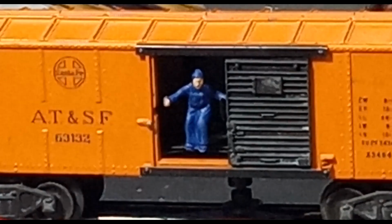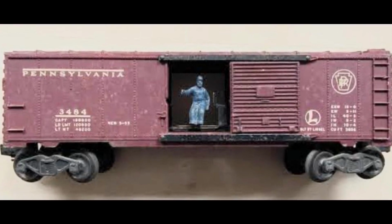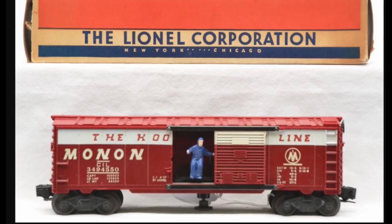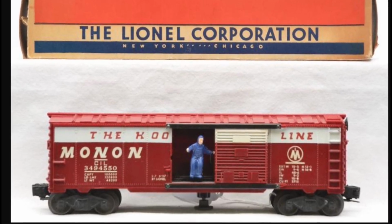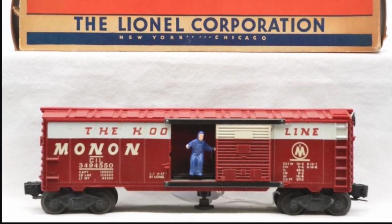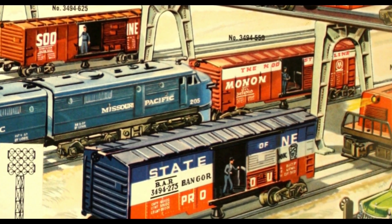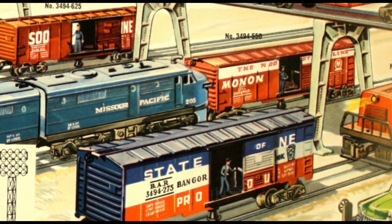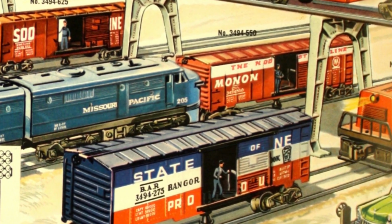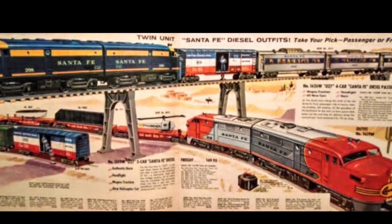What a slacker. In 1953, our freeloading friend was rewarded with a larger home, as Lionel's number 6464 boxcars debuted, along with the number 3484 Pennsylvania animated boxcar that used the same spring mechanism as the other animated cars, but was inside the larger 6464 boxcar shell and frame. More animated boxcars followed, but our reclusive fellow continued to shirk gainful employment,